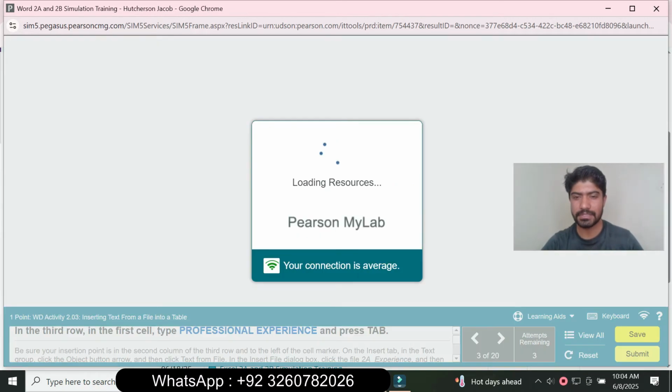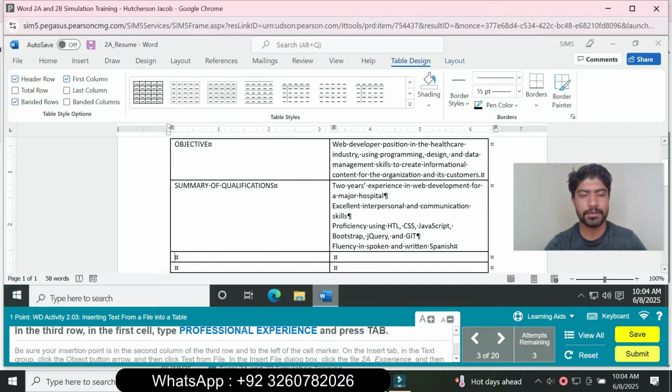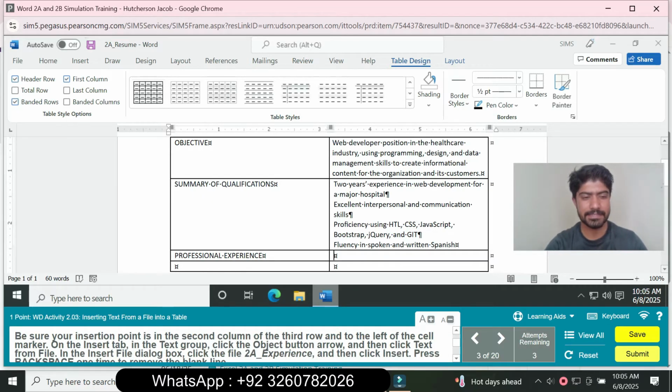We move to question number 3. So question number 3 is, open the question number 3. In the third row in the first cell type the professional experience and press the tab button. So type the professional experience and press the tab button. And next is, be sure the insertion point is in the second column of the third row